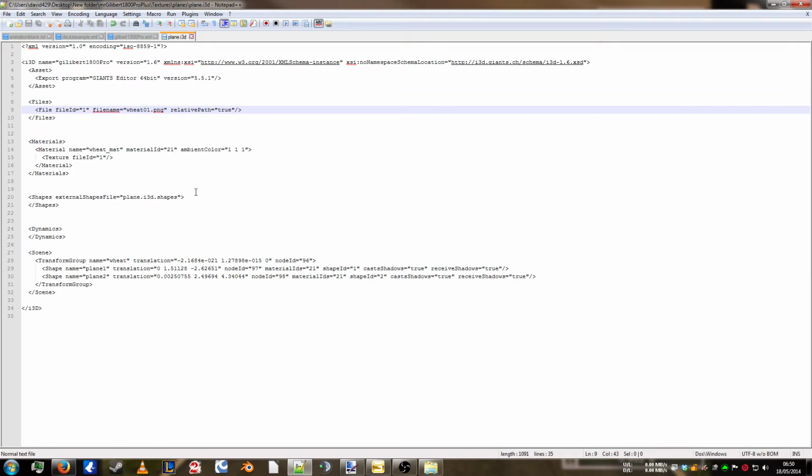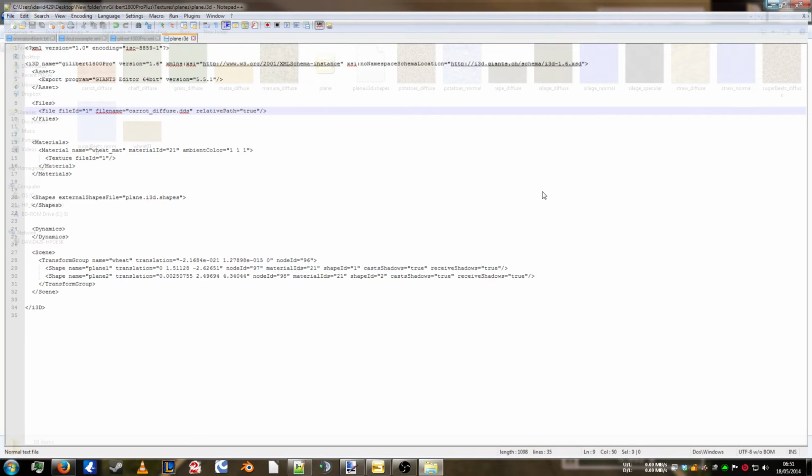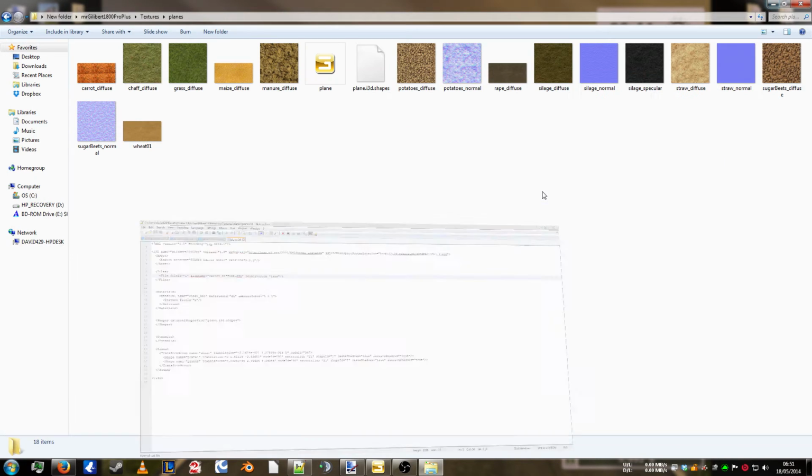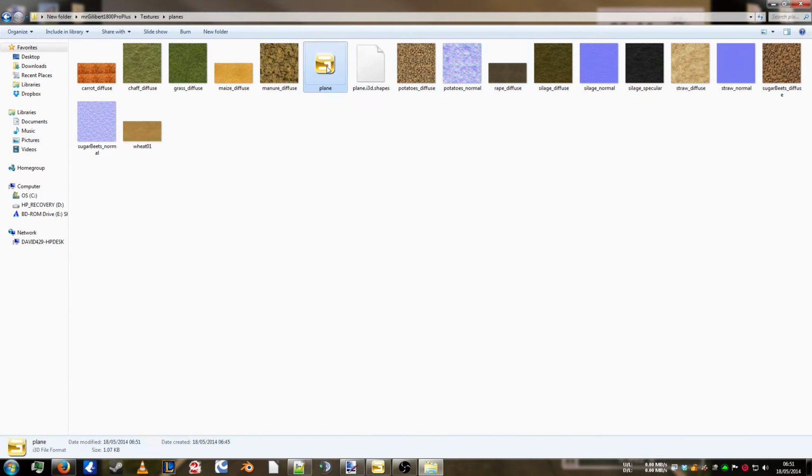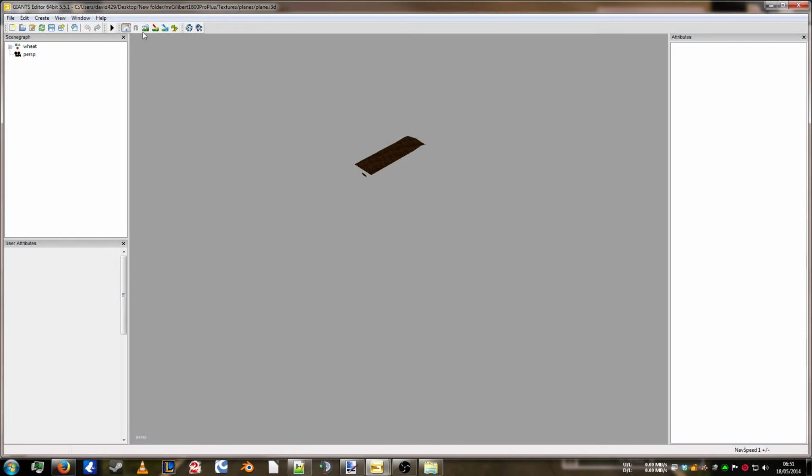Right, so we're going to edit this plane again. We're going to call it carrot diffuse now .dds. Right, save that. Minimize it again. It's not liking this minimizing. There we go. Right, we should be able to double click plane now and find ourselves looking at an image